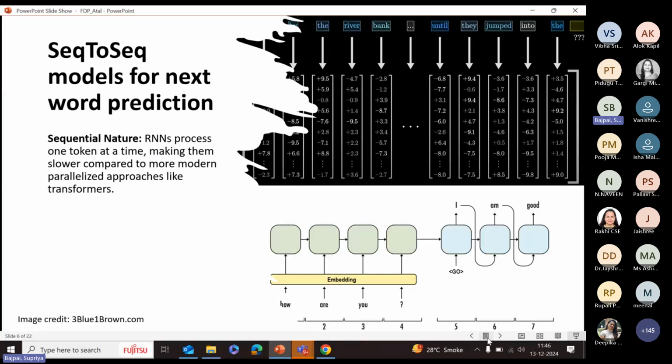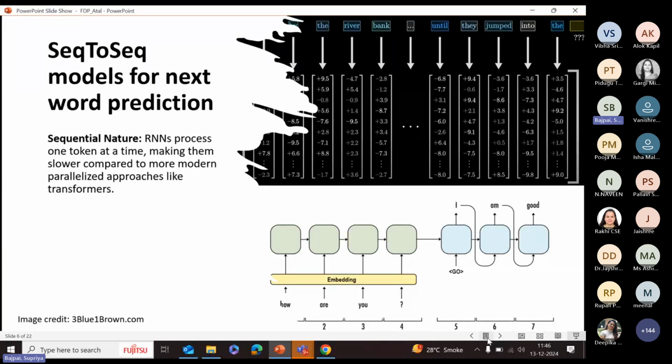For example here, how are you? It is given sequentially. First to the encoder, this word how is given, then it creates some hidden state, and then again it is processed similarly. It has two main parts here. The green one is the encoder and the blue one is the decoder. The encoder reads the input sentence and compresses the important information into a fixed size vector, like you can see in the above diagram.